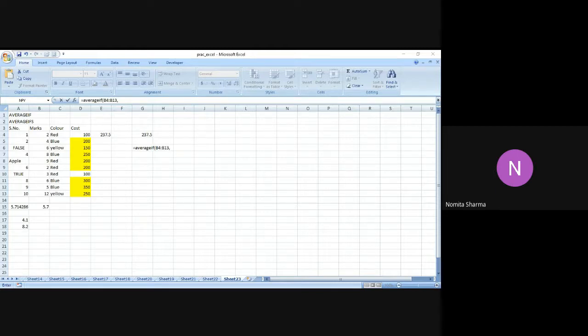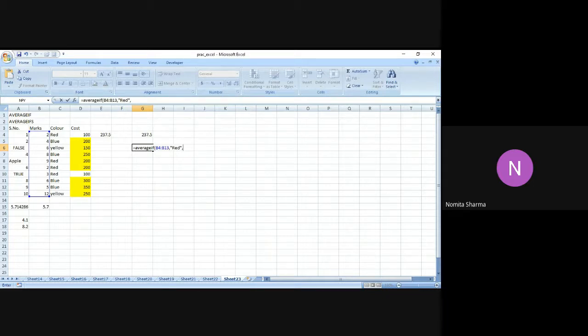So I say equal to AVERAGEIF, and then we have the B column where I want to calculate the average, and I write red color, and then I give the average range.